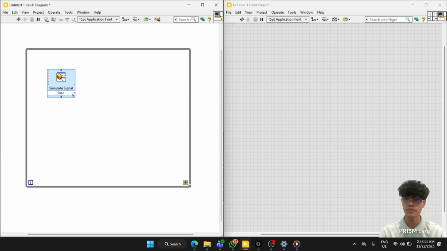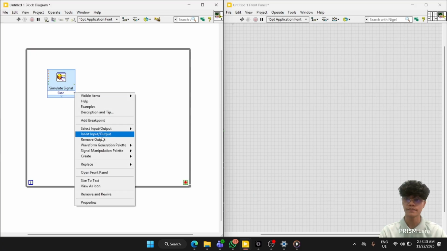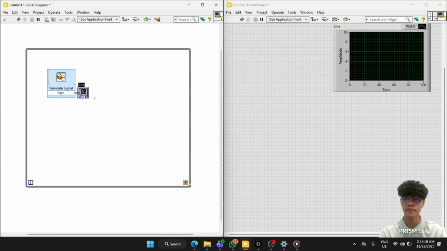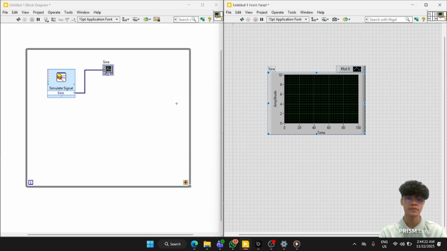And then go to this output right here and we can create a graph indicator so we can see how the input turns out. And you've noticed on the front panel also we can see this graph right here. Okay, next what we're going to do